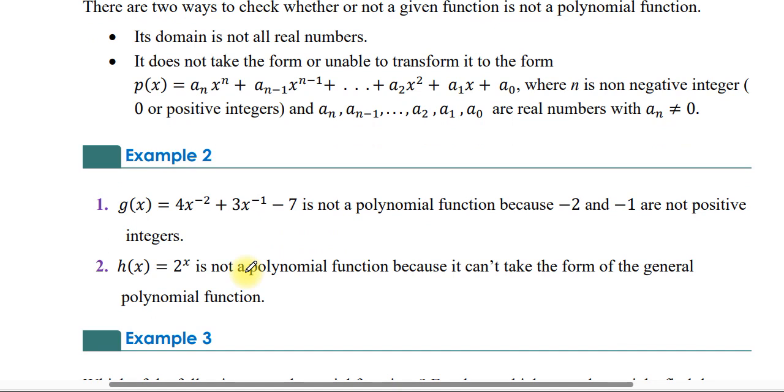ለምሳሌ g of x which is equals to 4x to the power of -2 plus 3x to the power of -1 minus 7 is not a polynomial function because -2 and -1 are non-positive integer። እዚህ ጋር እንግዲህ የኤን ዋጋ ፖዚቲቭ ነበር መሆን መቻል ያለበት፣ እዚህ ጋር ግን ኔጌቲቭ 2 ይላል።